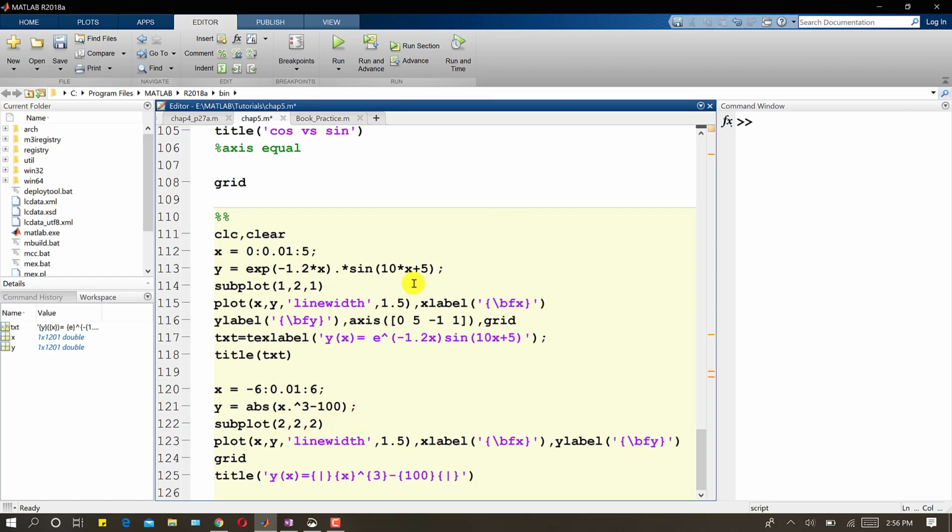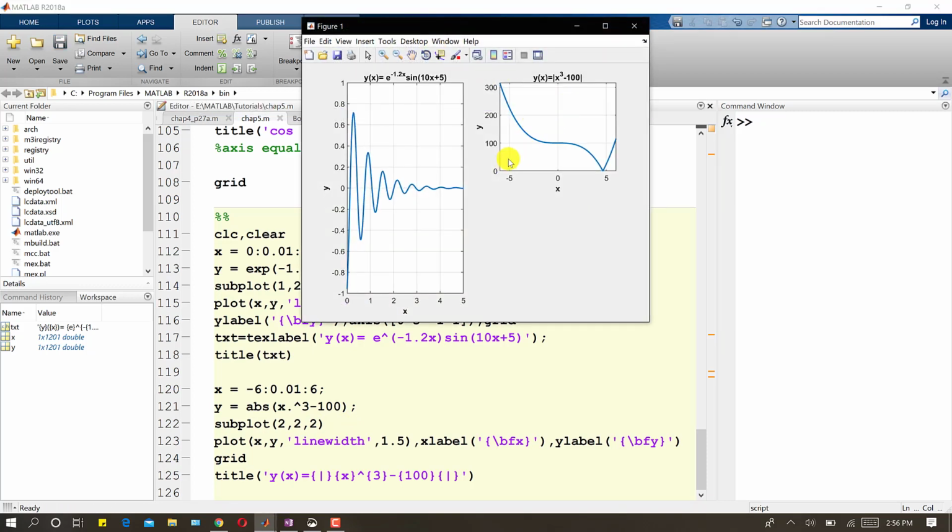So if I run this, now that plot will be, as we can see, when we divide this figure into a 2 cross 2 matrix, this one is the second subplot. Now if I want to have this smaller plot at this location, again what we need to do is divide this figure into a 2 cross 2, and the address of this will be the 4th plot.